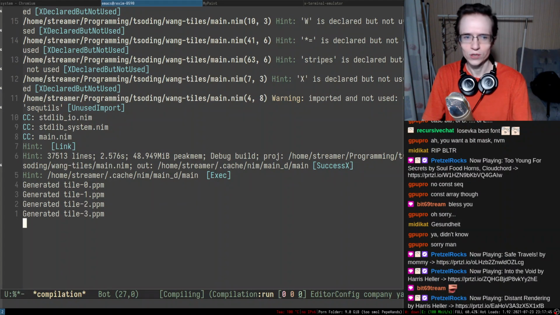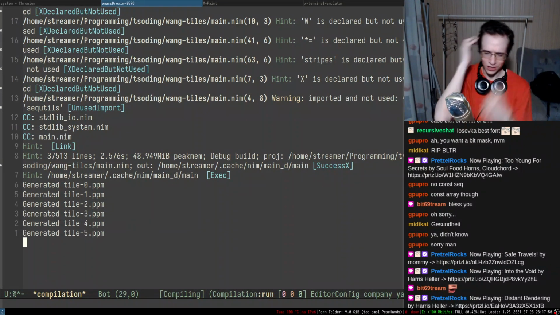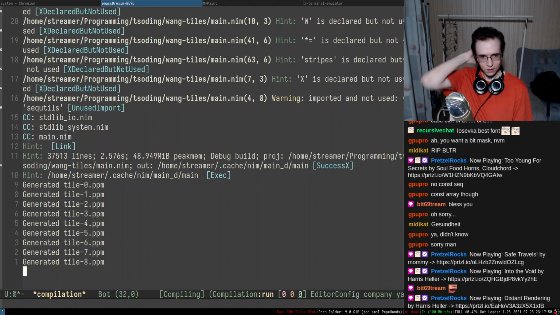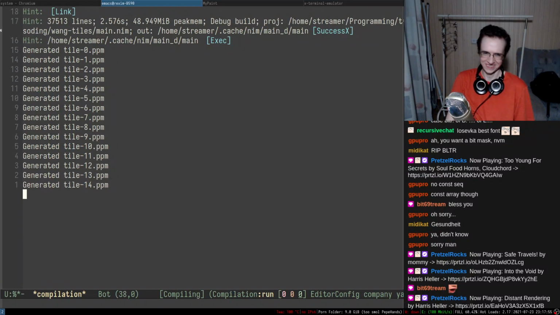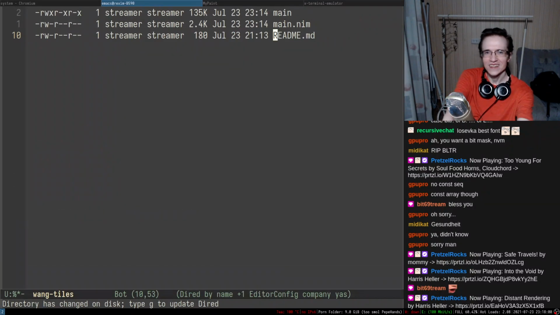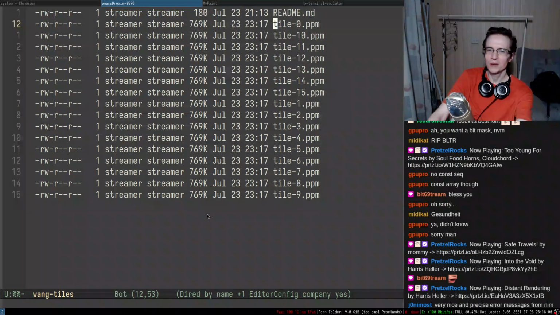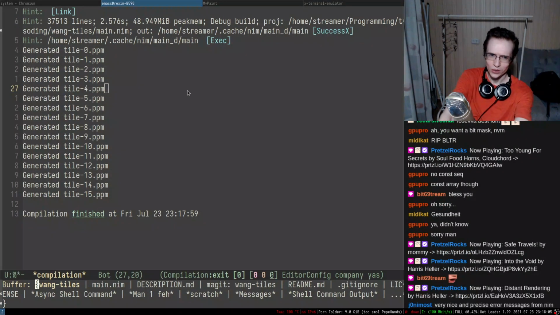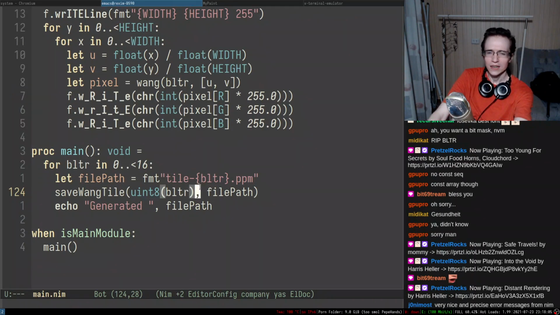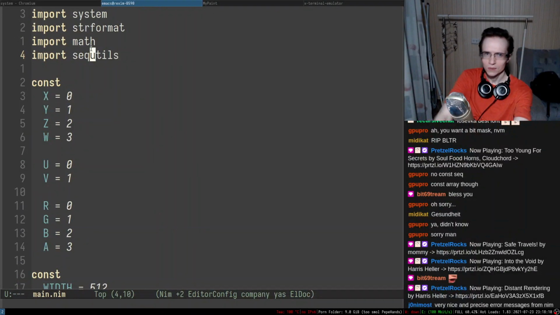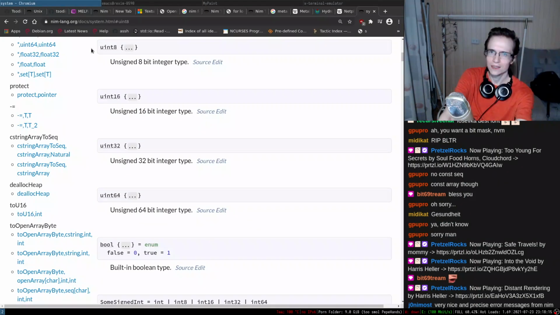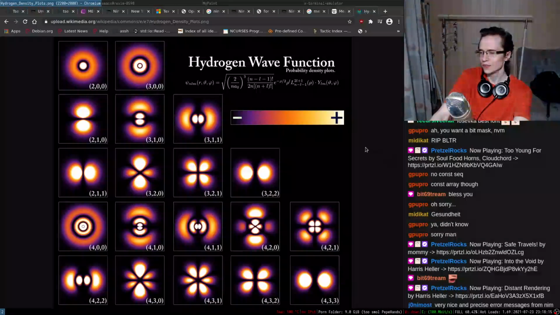So there we go, we're generating each tile. It actually takes some time to generate all of them. And that's why you probably want to use OpenGL, right? You want to do that on the GPU. Okay, so here is the bunch of tiles. And I think I want to actually generate them with the leading 0. And I wonder how you can do that. So let me take a look at the string format and just see how you generate this thing.